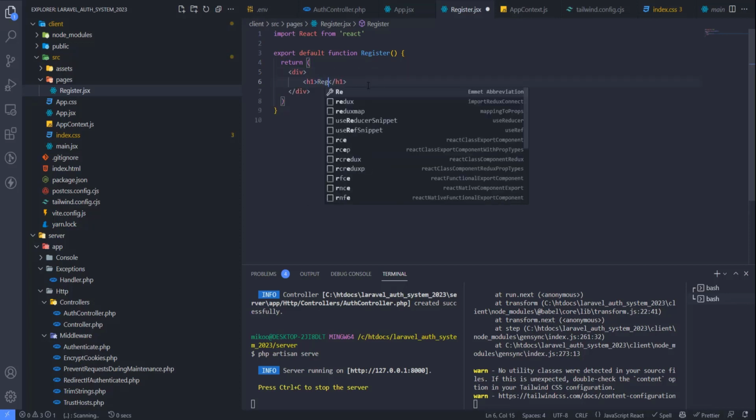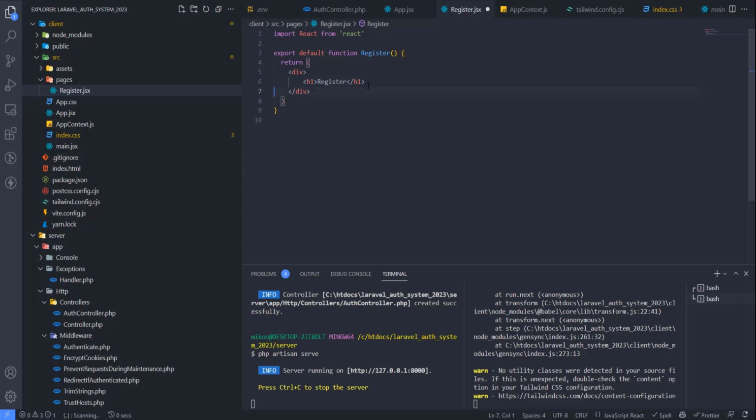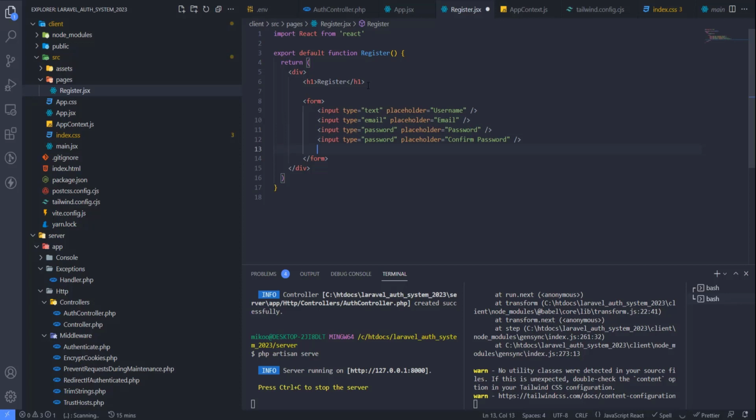So h1 register, and here we will have form, and then here we will have input, and then password, and then confirm password, and then we also need email, and then we'll have a button type submit register,